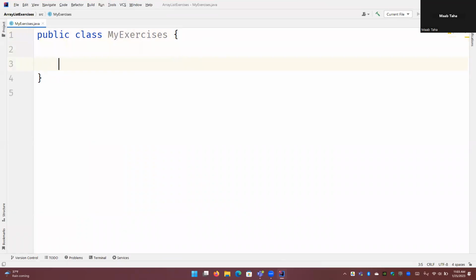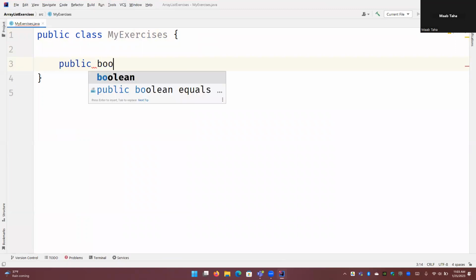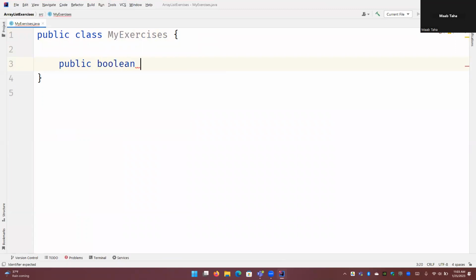So let's talk about problem 2.4, which is given two lists. Determine whether or not these lists are permutations of each other. So that is a public Boolean. So we can start out by writing public and static so that you don't have to create an object to call it. That's what static means. It's not attached to any specific object. So public static Boolean is